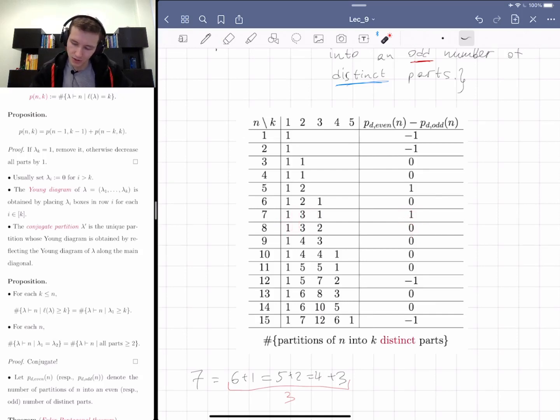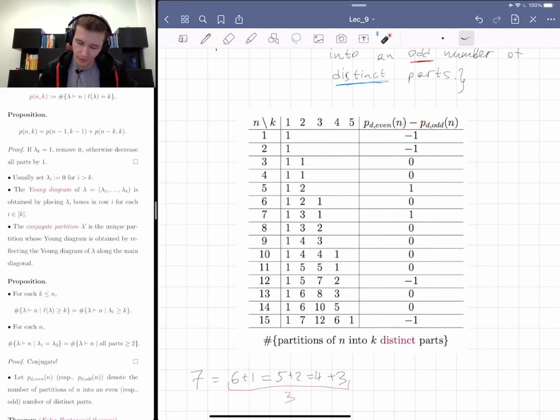So you look at this pattern here, and it's kind of non-trivial, right? You get a bunch of -1s and a bunch of 1s, and the rest are zeros. So yeah, that's the next theorem. The next theorem is going to describe this pattern in the rightmost column, which if you look at it and